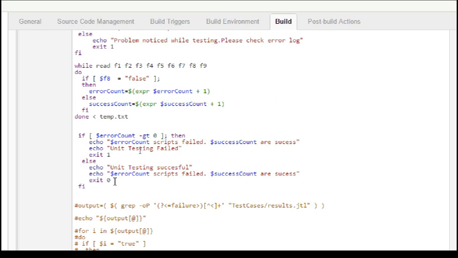Once we deploy code into sandbox, we test it. And now I want to let Jenkins know that it is a success, that all test cases are successful. So I give exit code 0, after checking various conditions. If I want to fail it because this test script has failed, I give an exit code of 1 here. While exiting, I'm printing some messages that will be useful for us. This will be a part of the logging.